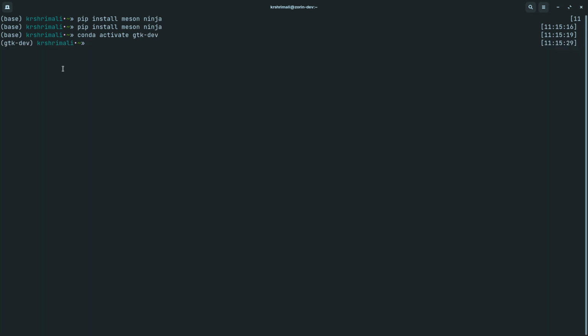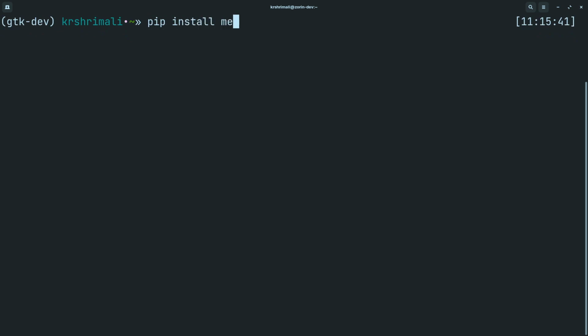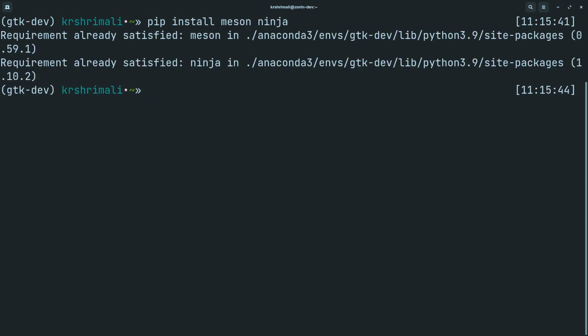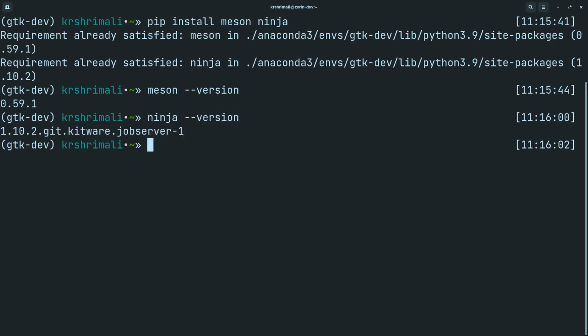Other dependencies that will be installed at global scope are different. You can just do pip install meson and ninja, and that will work for you. I've already installed them, and as you can see, the Meson version is 0.59.1, which is great, and for Ninja it is 1.10.2, that's great as well, I guess. So that's how you should install Meson and Ninja. Once this is done, you can check with meson --version, and similarly ninja --version, to see which versions have been installed, and that's a great way to start.